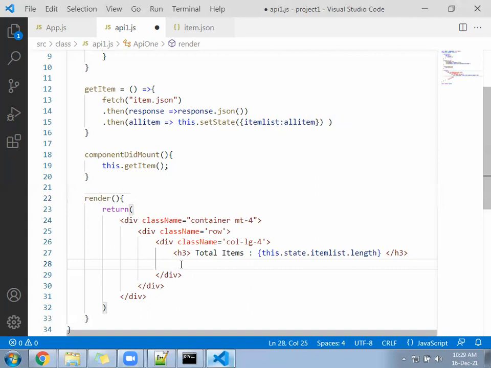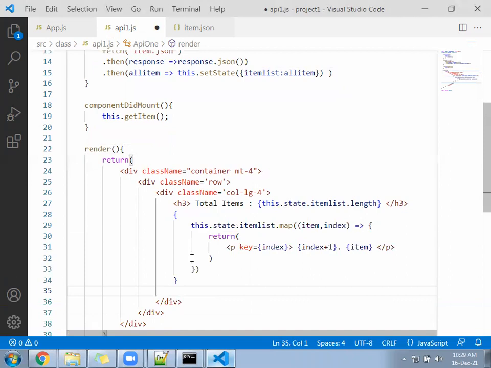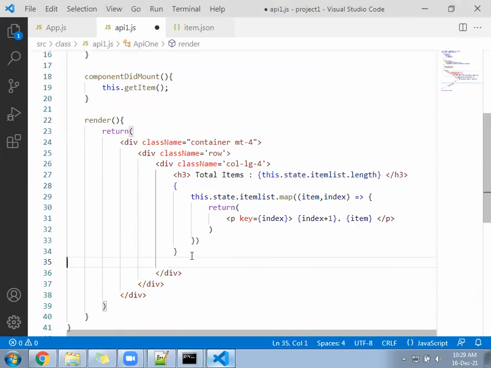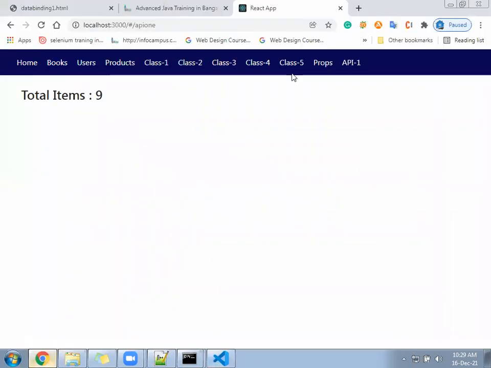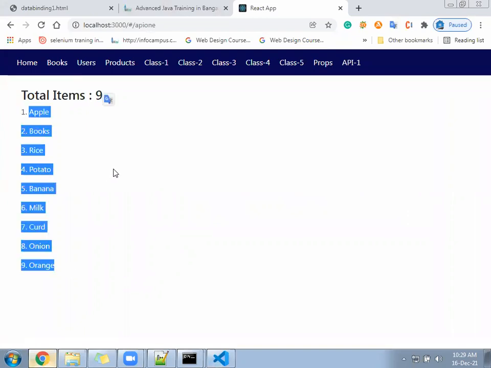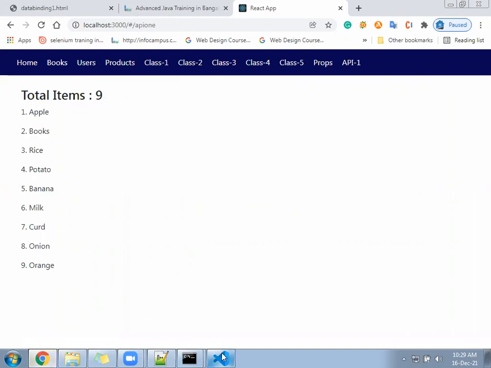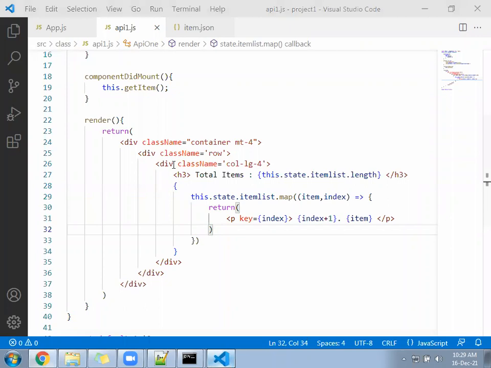One person has sent me the code. Okay, so it should work. Hope you are able to list the data. It's coming here. That is inside the first four. Anyone have error?